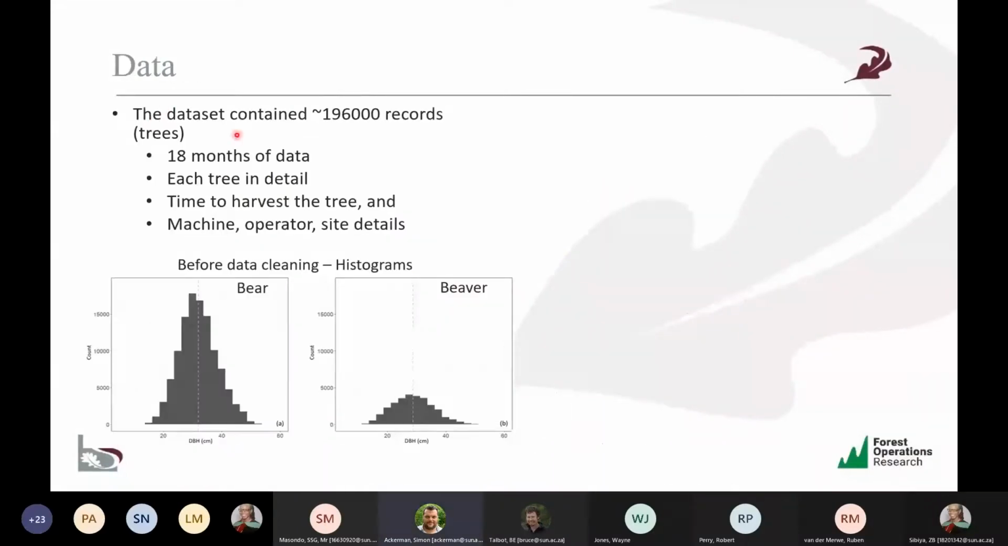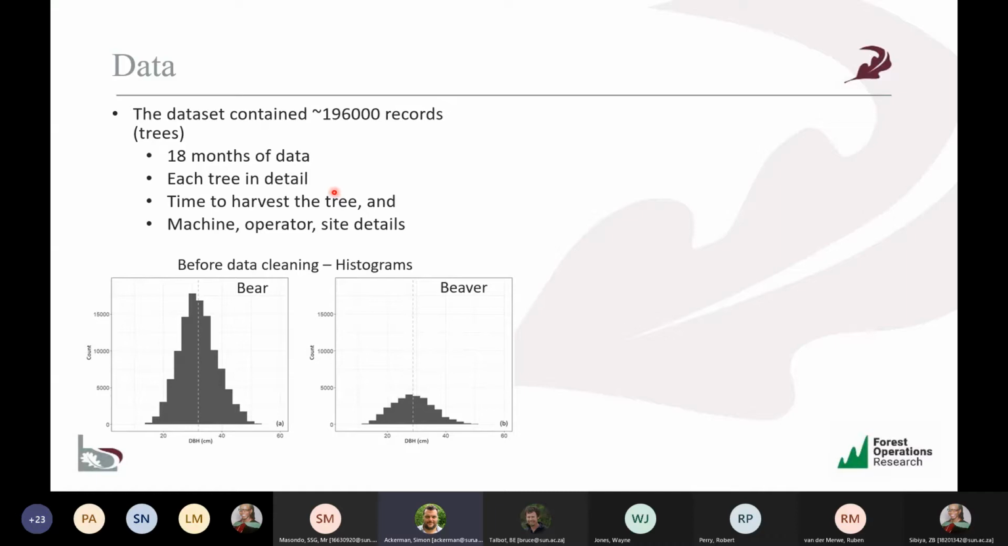The data set contained roughly 196,000 records. In other words, 196,000 records of individual trees. It was 18 months of data. It had each tree in detail,